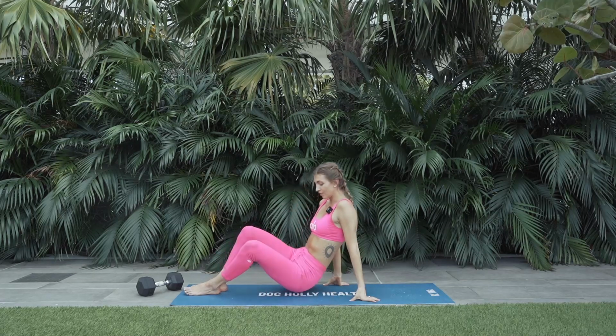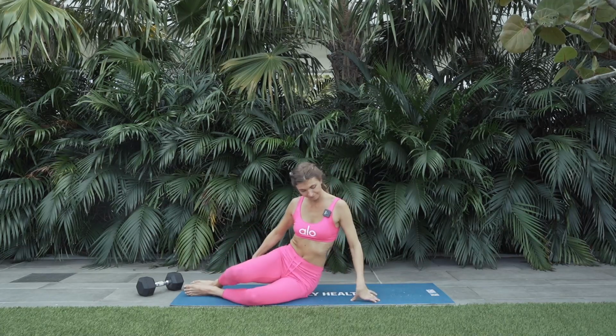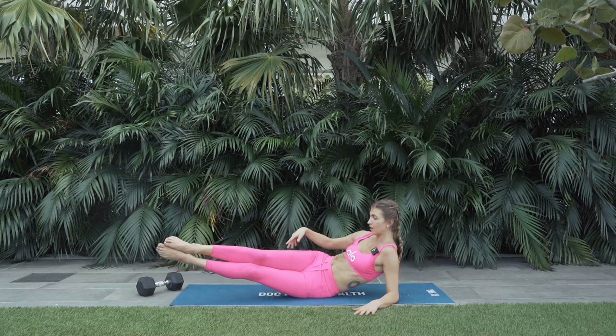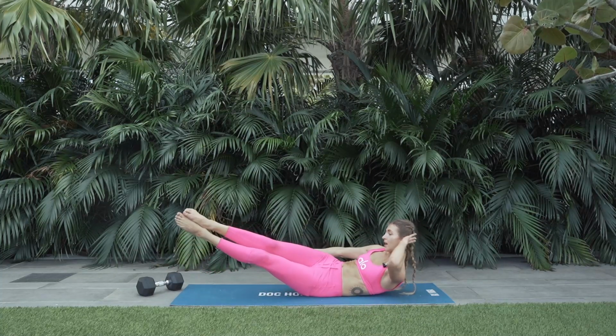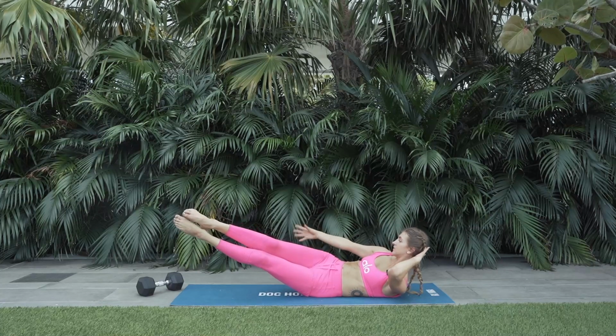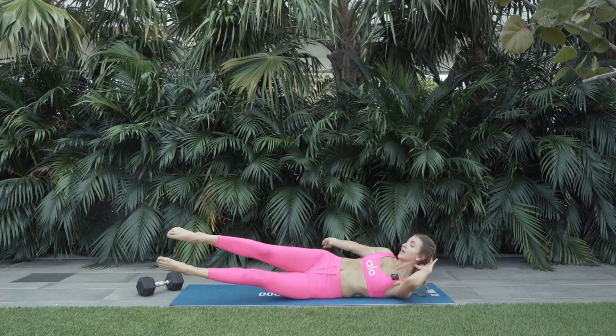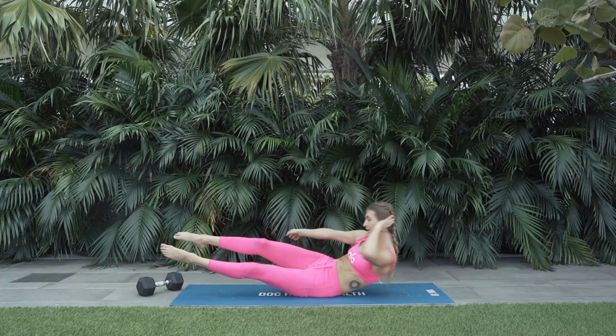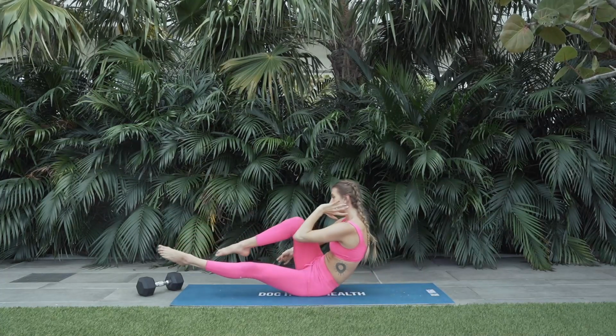We're gonna sit on the left cheek. Draw your body out so you're kind of in this half V up shape. We'll take the left hand behind your head. Right arm is just kind of reaching by your side. And then we'll close the gap. Left elbow, right knee, lift. Reach back out. For 2,